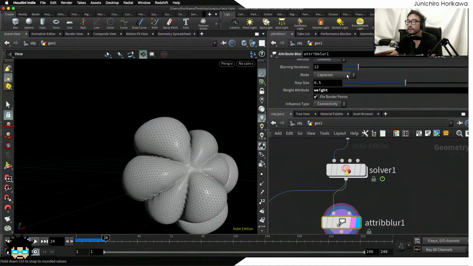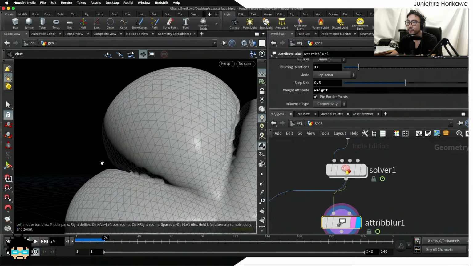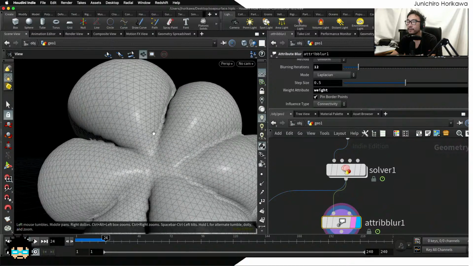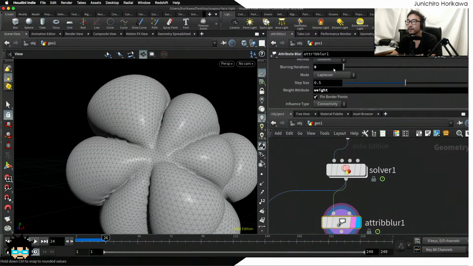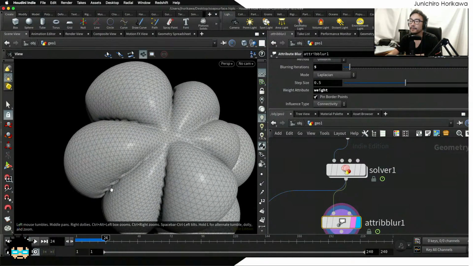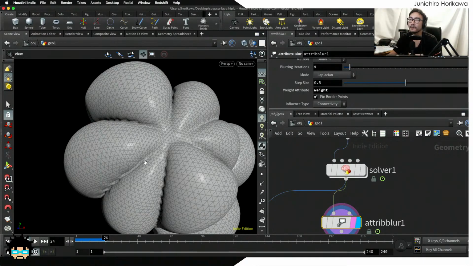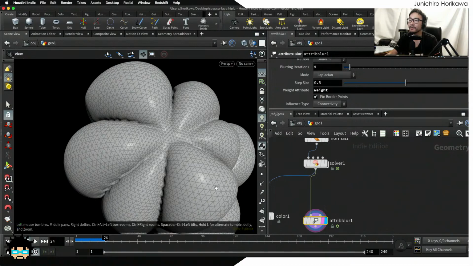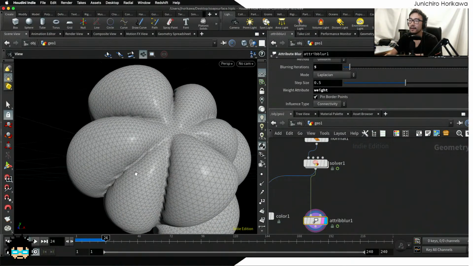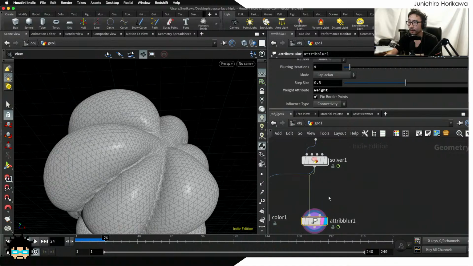Now this will give you a smooth result, but as you can see, the edge that is constrained by the constraint edge, where the weight value is equal to 0, still has some jaggy values. It doesn't become smooth because we're using weight. So to make those points which have a 0 weight value have some kind of smoothness, maybe not much, we would like to raise the minimum weight value to something like 0.25, just for the smoothing with this blurring node. To do that,